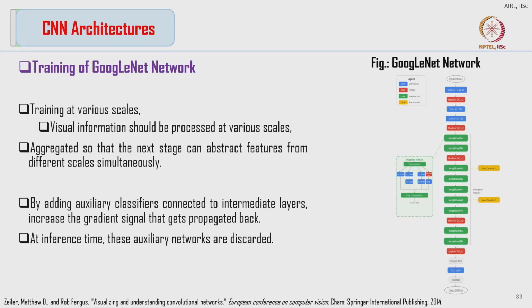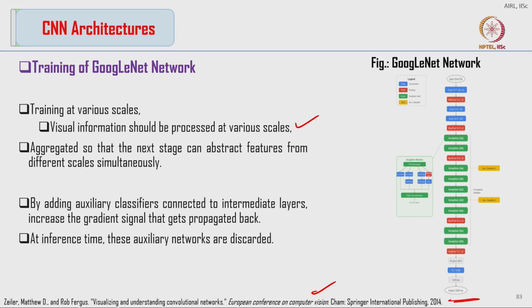Now if we look at the GoogLeNet architecture as observed on the right, again apologies for this architecture, since it is a very huge architecture, it is hard to put it in the figure, but please refer to the original paper and go over the architecture in detail. Now training was done at various scales. Essentially the visual information can be processed at various scales, right, and hence